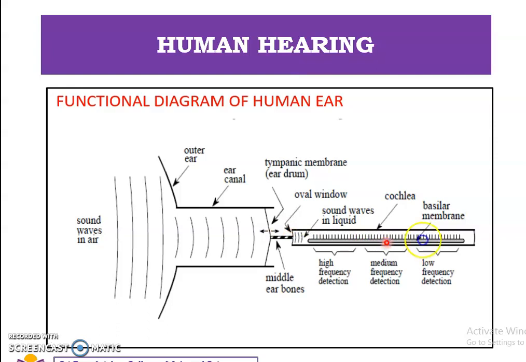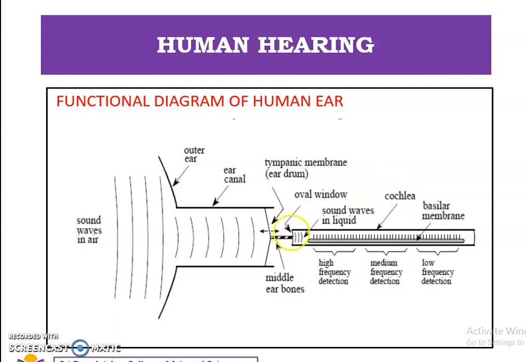This inner ear is nothing but the cochlea, which will convert this vibration into neural impulses. This cochlea is a liquid filled tube, roughly 2 mm in diameter and 3 cm in length. This cochlea is curled up and looks like a snail. That's why cochlea is a Greek word, its meaning is snail.